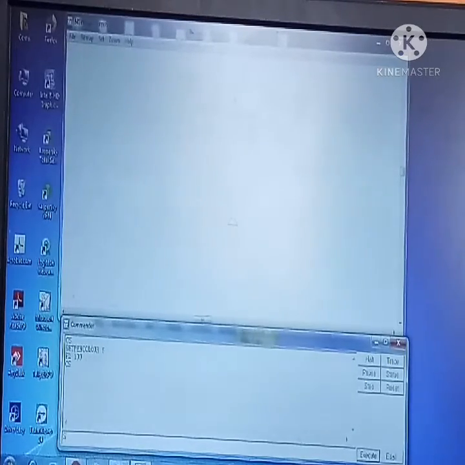Now let me input set pen color in the input box, give a space, and give the value 5. Let us see what color 5 has. I am pressing enter. Now I will make the turtle move forward. FD space 100, enter. Now you can see the turtle has drawn the line in pink color.